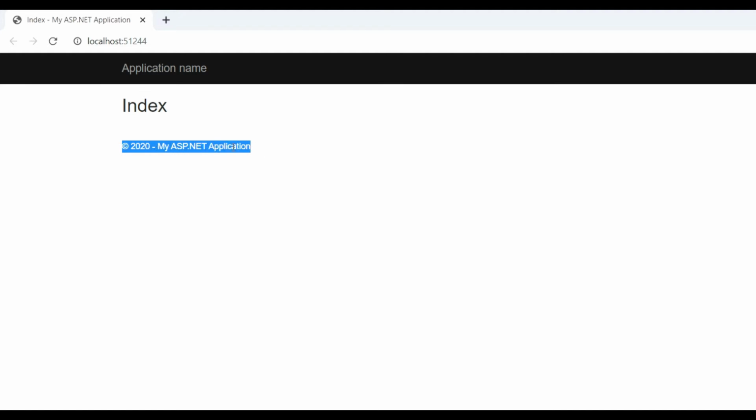Now our main aim is to create a checkbox list from the database.